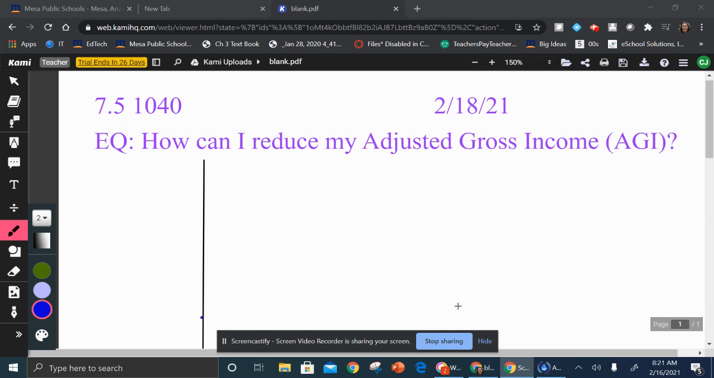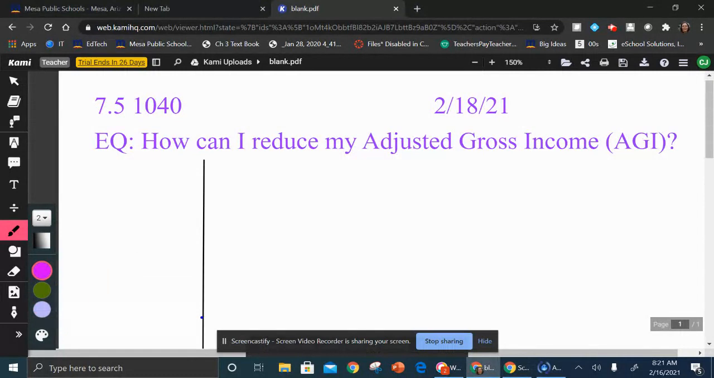Morning. So we're going to work on section 7.5 on the 1040 forms. It also includes itemized deductions. So our essential question is, how can I reduce my adjusted gross income? So AGI. Okay. So when we're looking at this, everybody, you might hear the term